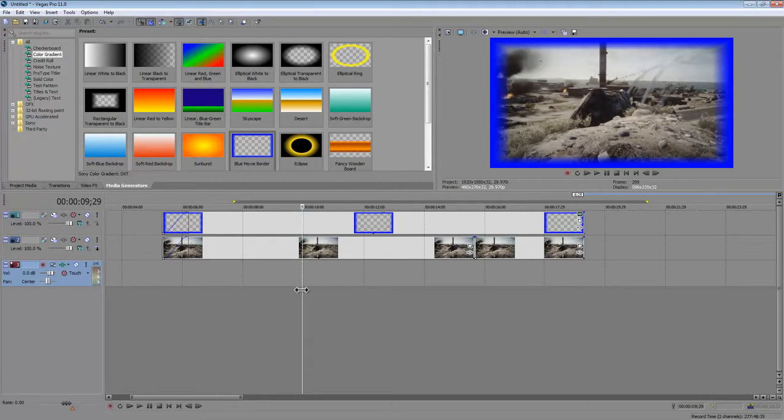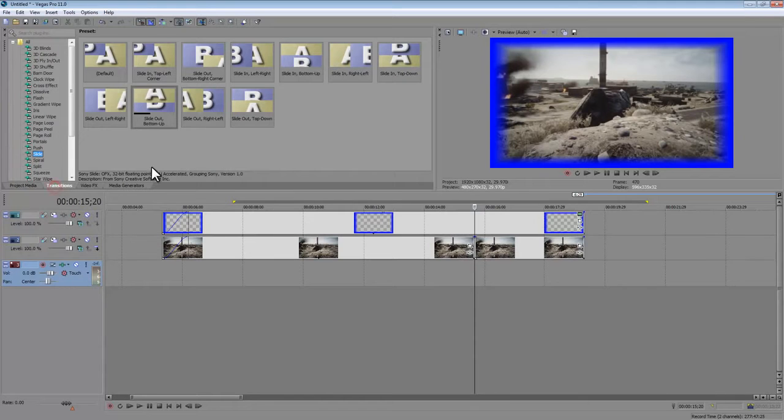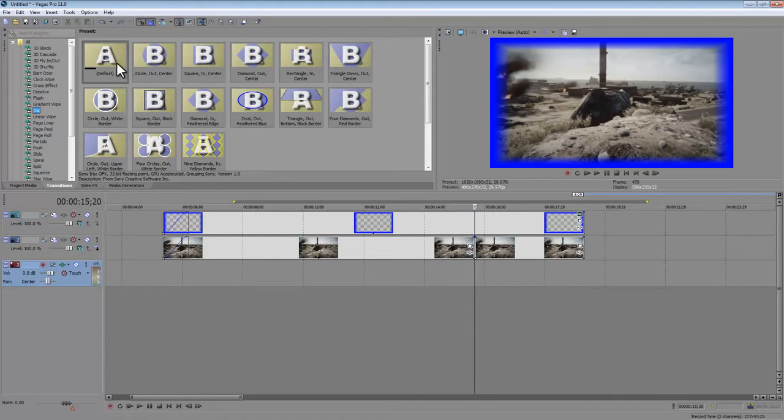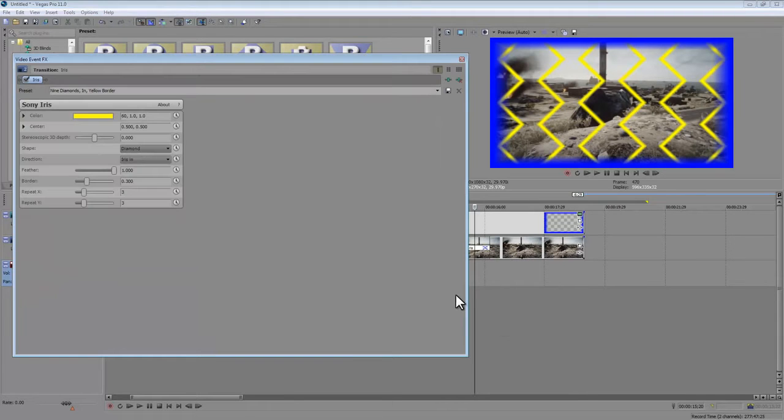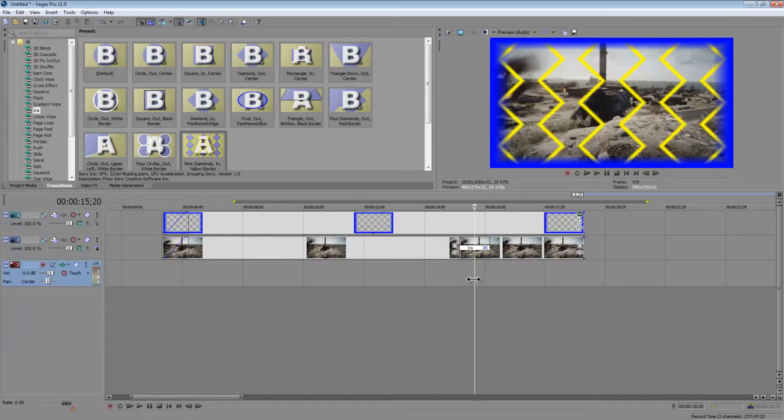We can also do a transition. Let's say, even though you don't really need a transition because these two are so similar here, let's say you wanted to add a transition to those two clips. We can go to the Transitions tab and do, let's do something crazy, 9 diamonds in yellow border. Let's do that. So I can just click and drag it in between those two clips, and I can change colors and everything. This is just an example. So now